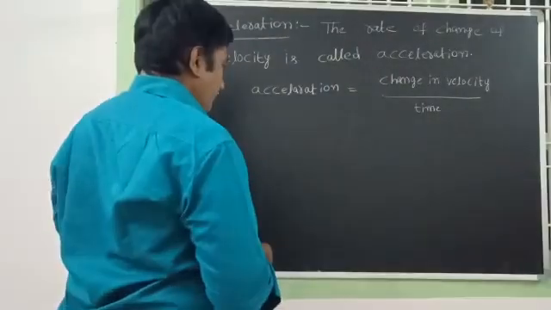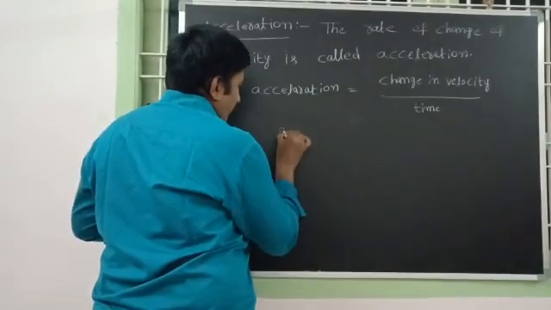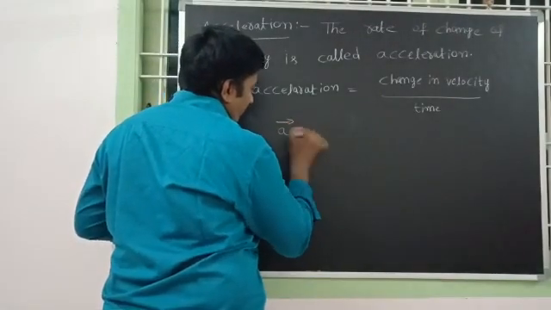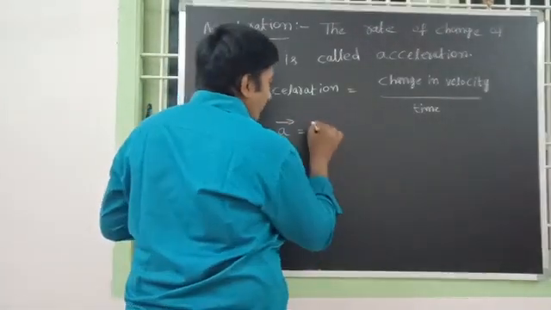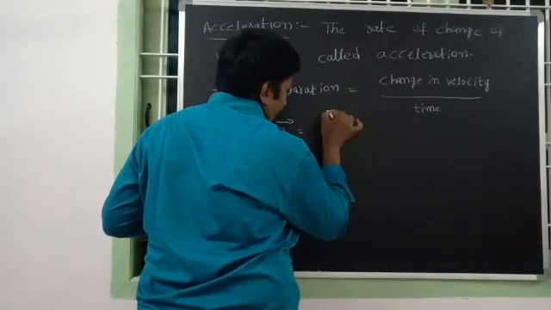In simple format, we can write: a vector is equal to change in velocity, which we can represent as v2 minus v1,